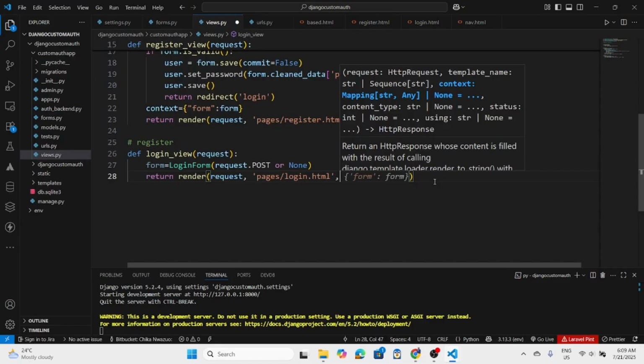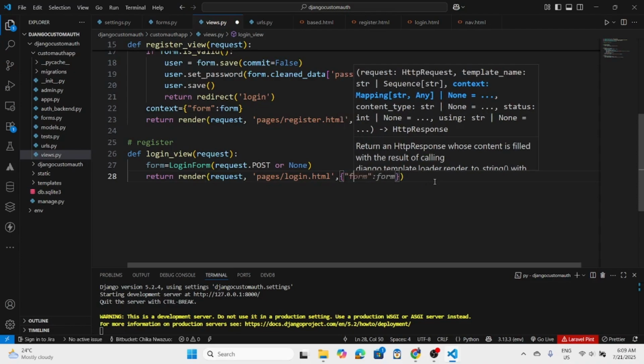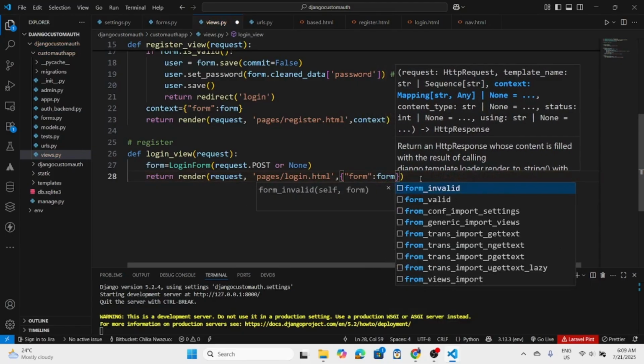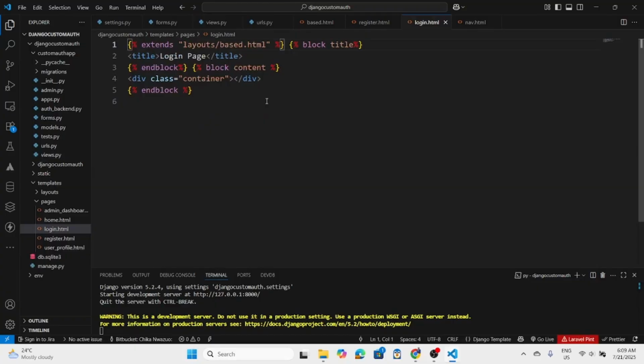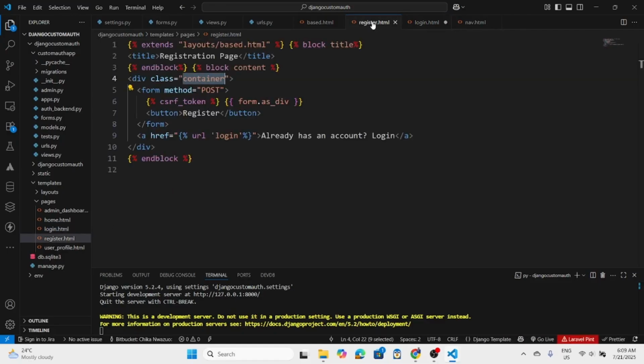So we can say here form, okay, then we call our form over here. If we have done this, the next thing to do is for us to navigate into our file. We are going to call our login form, but because we have started our